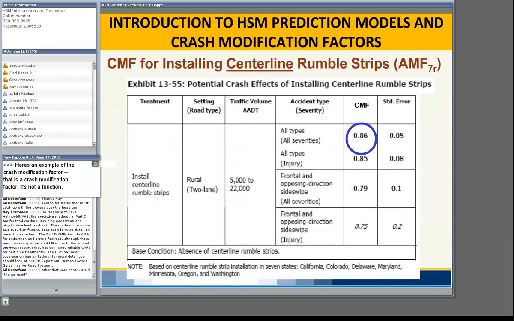Here's an example of a crash modification factor that is a crash modification factor. It's not a function, it's not a calculation, and it's for installing centerline rumble strips, crashes on rural two-lane roads with a traffic volume of 5